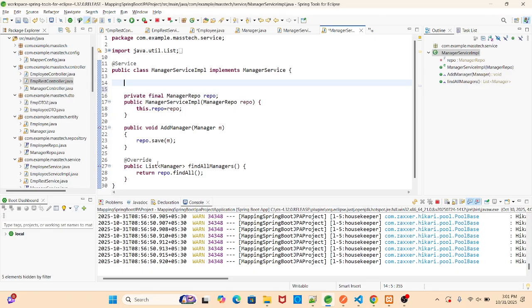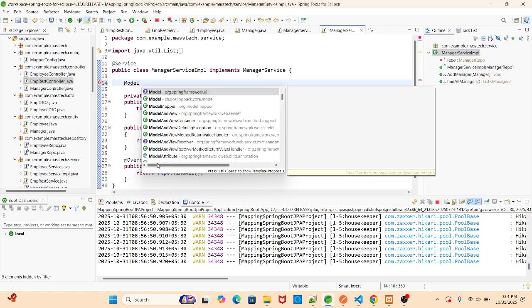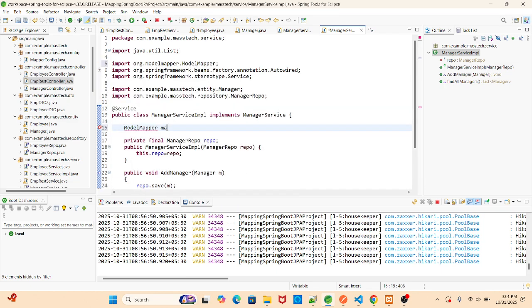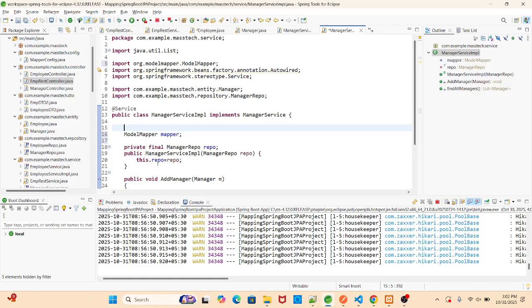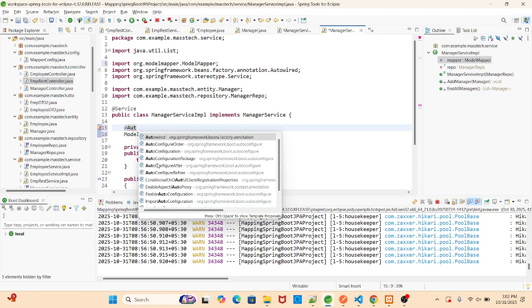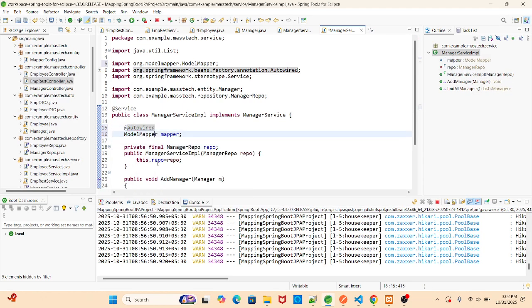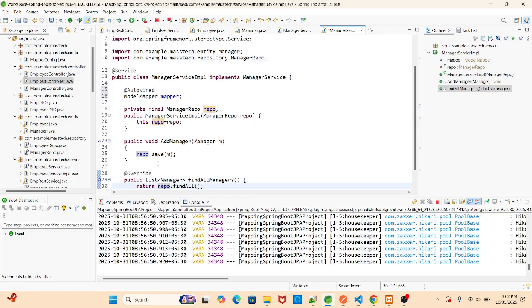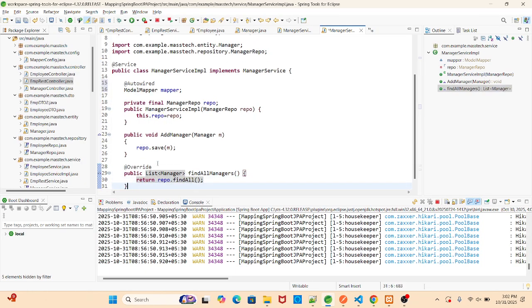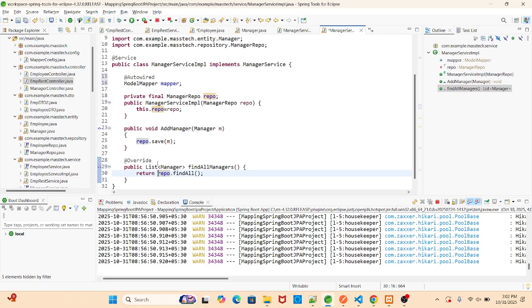In the manager also we pass the reference, the employee reference is there, correct? So we'll pass the model mapper and we'll autowire. Okay, so again see, no need to do these things, but again it will return the employee object then, which is there, the nested object inside the manager. So here what we have to return,